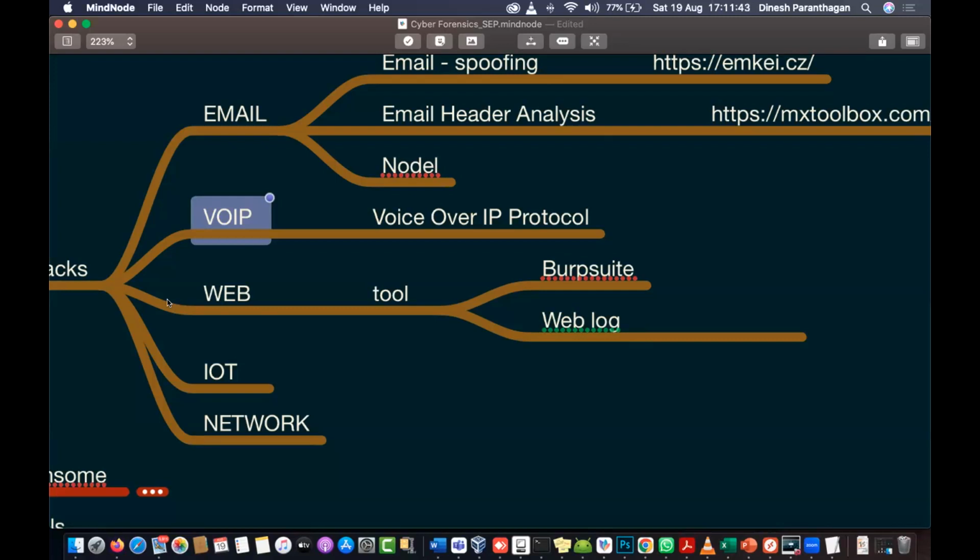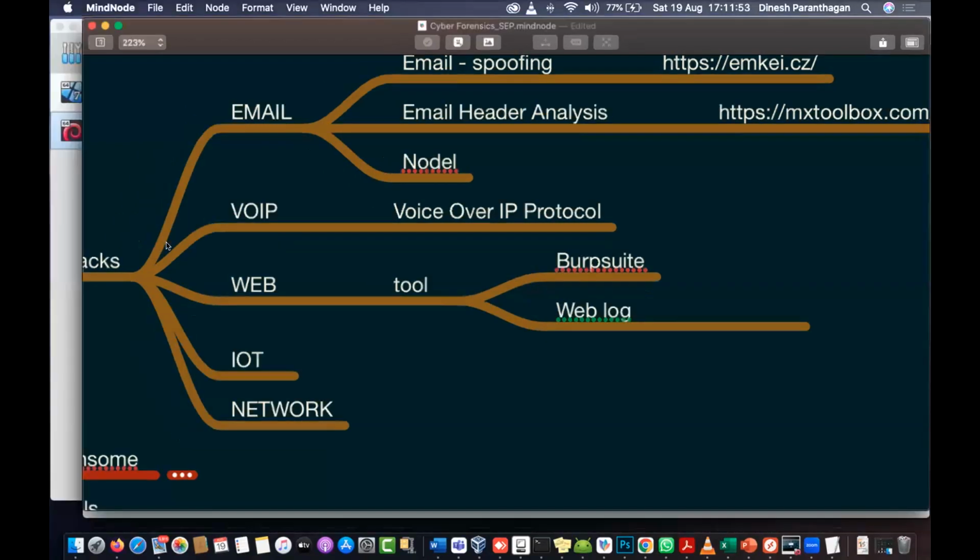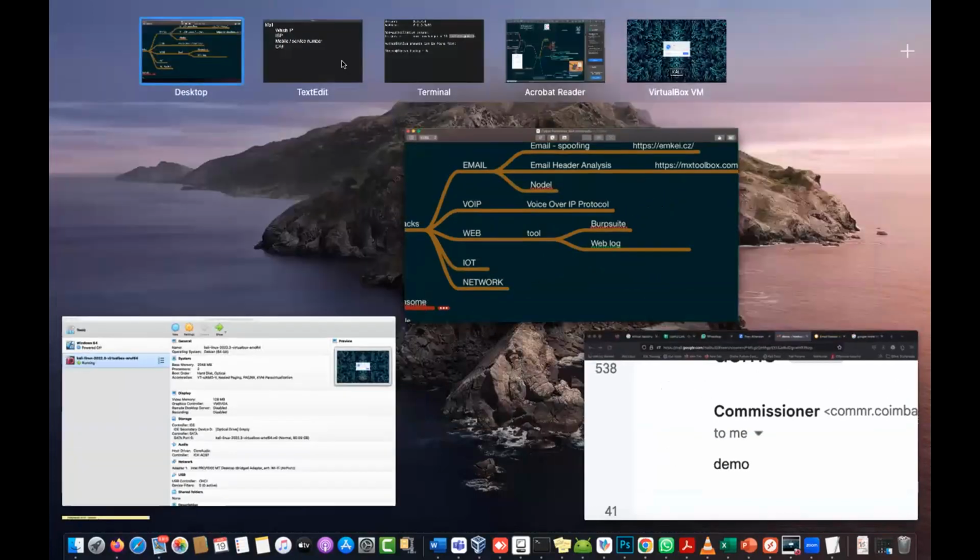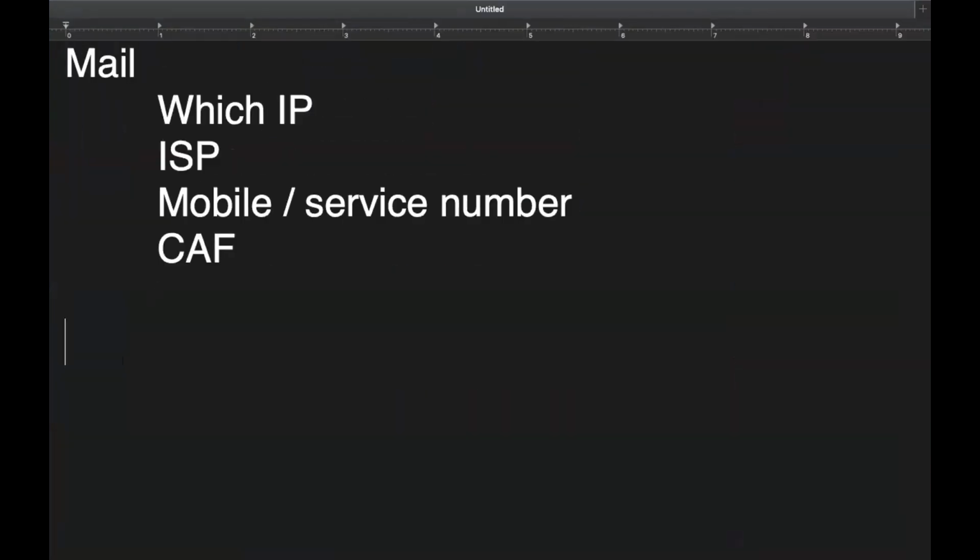But as a forensic person, or if you are doing research, you have to understand what a VoIP is and how to investigate. So for VoIP, they use CDR analysis. So here, consider a scenario with A and B. That is, person A and B. Consider A is a person with the A number. If some person is misusing the number A and calls the B party, that is actually a crime. The B party can complain.